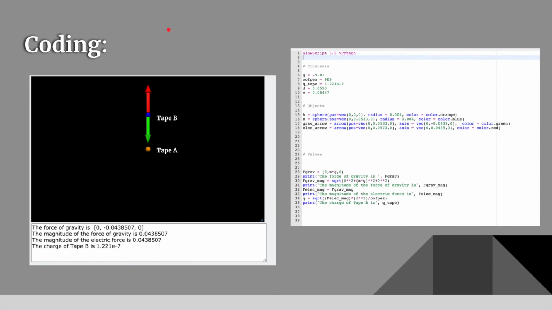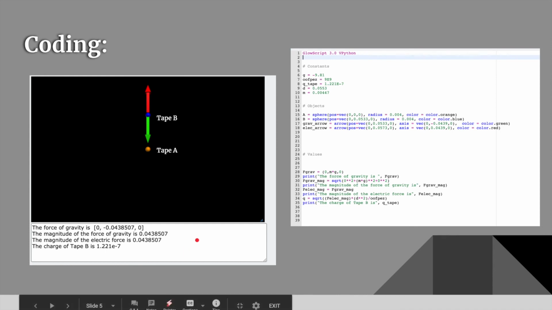Next, we have our coding in Python. I coded it so that the blue sphere is tape B and the orange sphere is tape A. Using the same assumptions that we made in the physical experiment, I was able to determine that the magnitude of electric force is pointing in this direction and the magnitude of gravitational force is pointing in this direction. We know that they're going to be equal in magnitude, and that allows us to calculate the charge of tape B. And if you notice down here, the printed values are the same as the previously calculated values from the